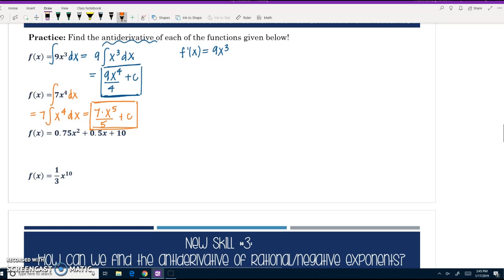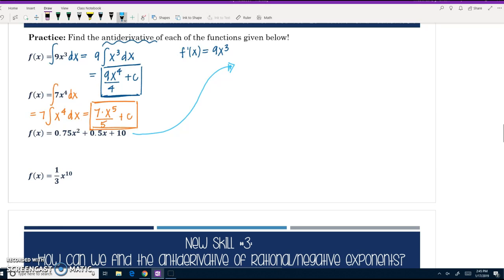So far, 9/4 and 7/5 can't be simplified, so I'm stuck there. Then we've got another one, but this time we have some decimals going on. That's okay, the process works exactly the same with decimals. But I'm going to go ahead and move this example over to the right just so we have a little